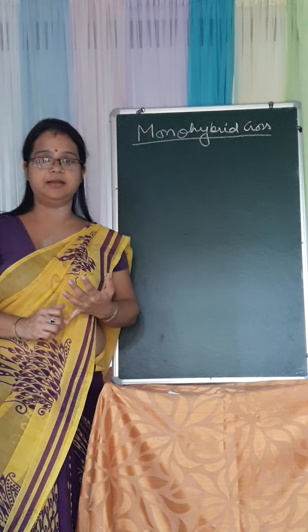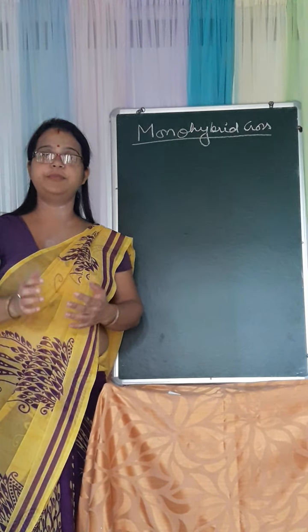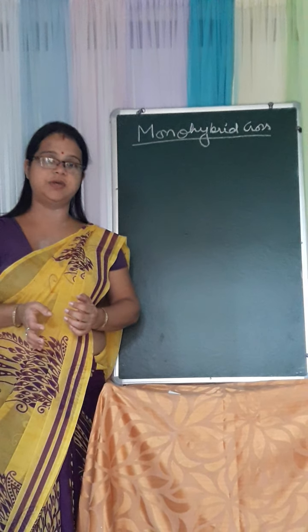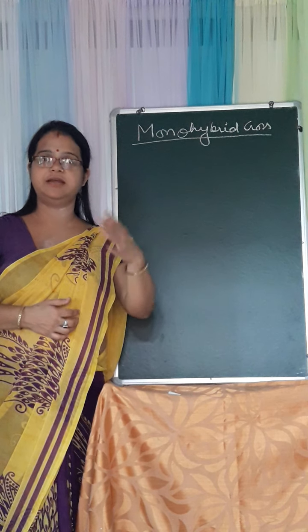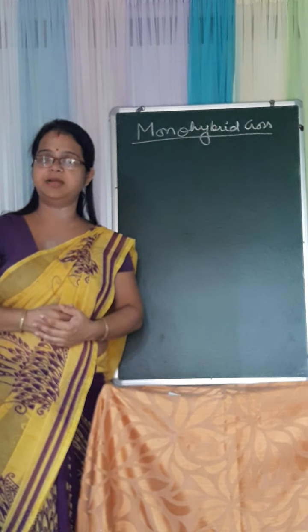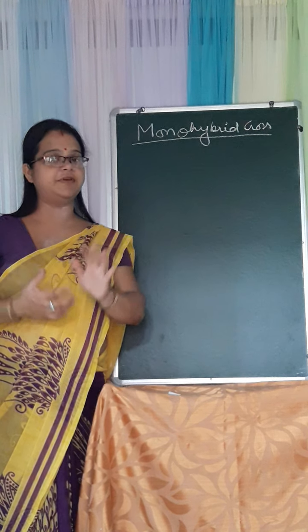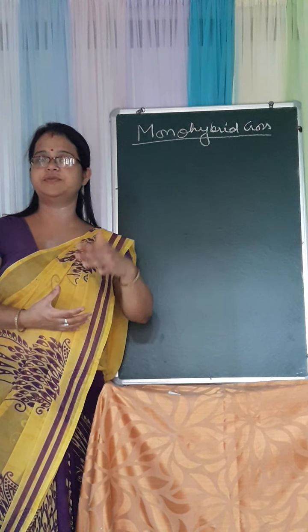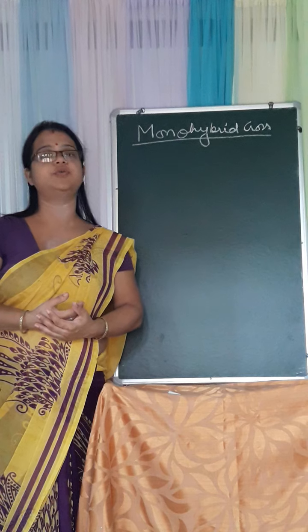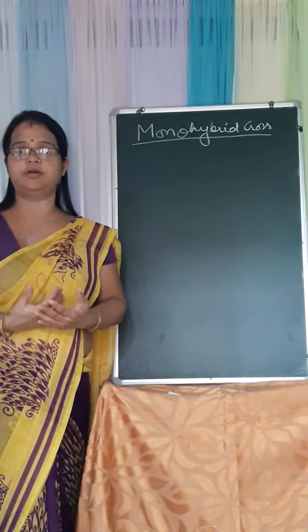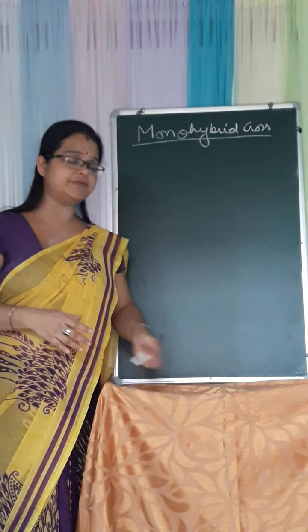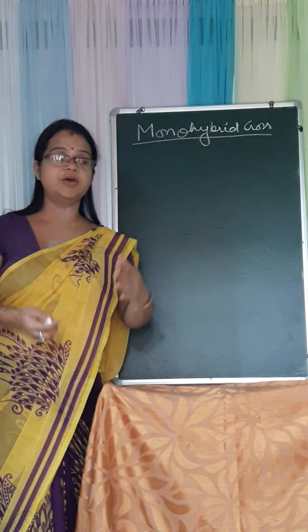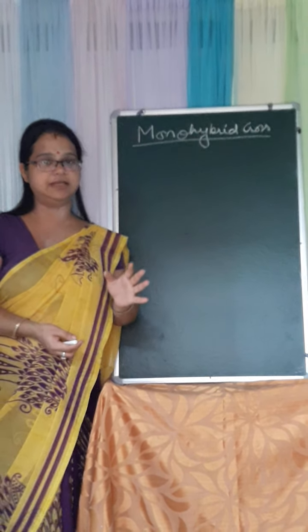So what did he do in his experiment? He performed his experiment in garden pea plant. He chose pea as his experimental substance, and there he took 7 contrasting characters, and the pea plant was very easy to work with. So he was successful in his work, and whatever he thought should be present was actually present. He was very lucky to get all these counts. These things we have discussed in our last class.